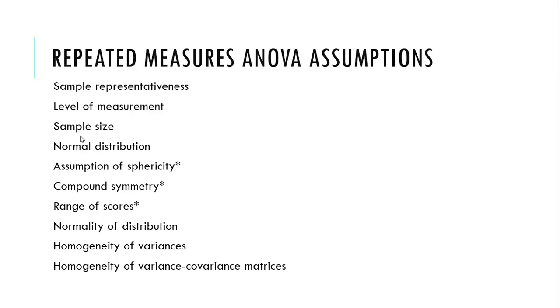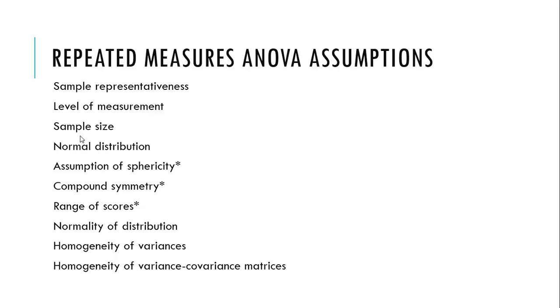The range of scores, and this makes a lot of sense, is that the measures for all repeated measures should have equal possible ranges. So the same minimum and maximum scores. So we shouldn't be comparing across two different, like the highest I can make on one is 70, the highest I can make on another is 50. That really wouldn't make sense. The recommendation from Abu is that if they are different, they should be standardized so that we can actually really see what we're comparing.